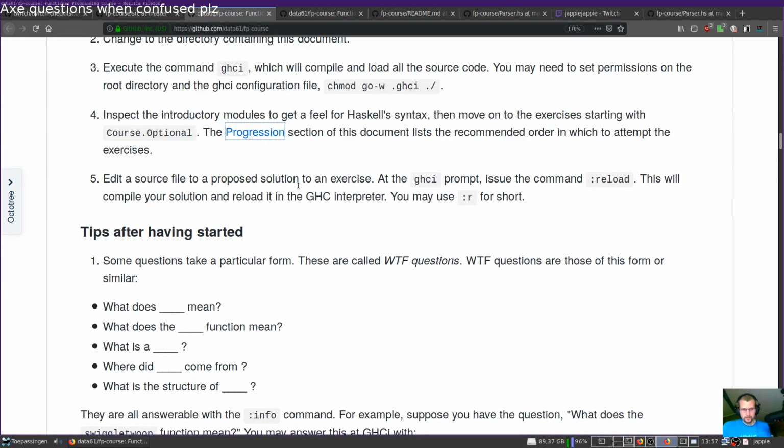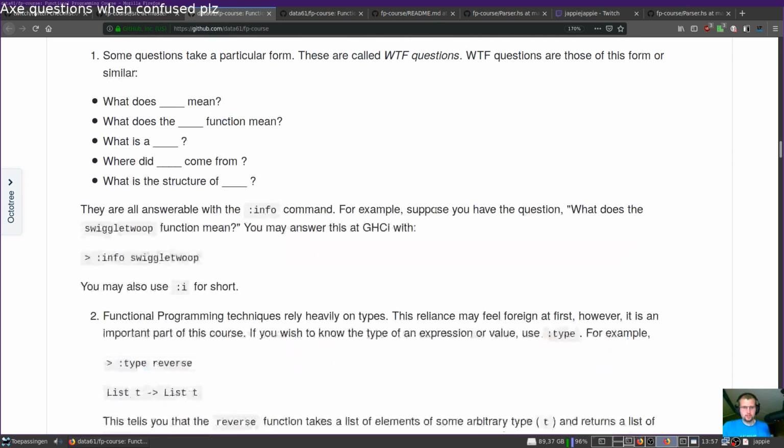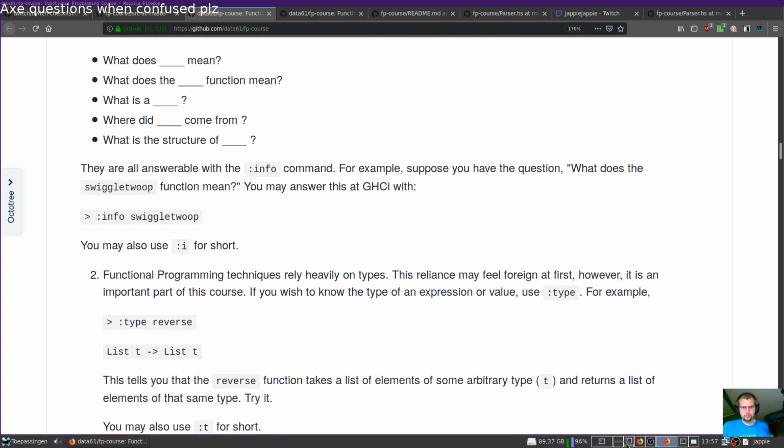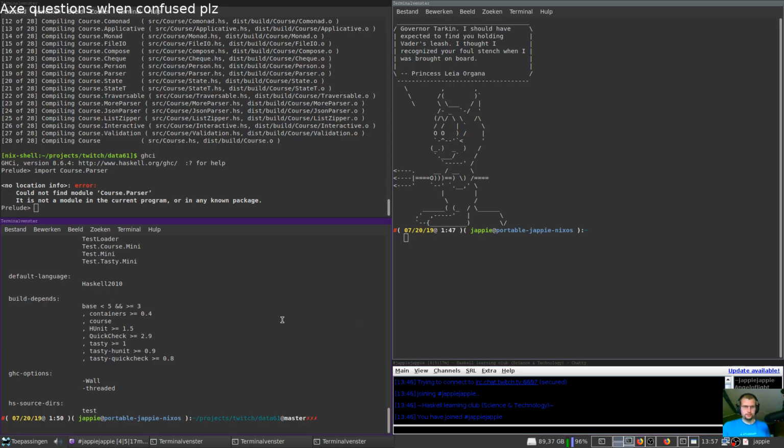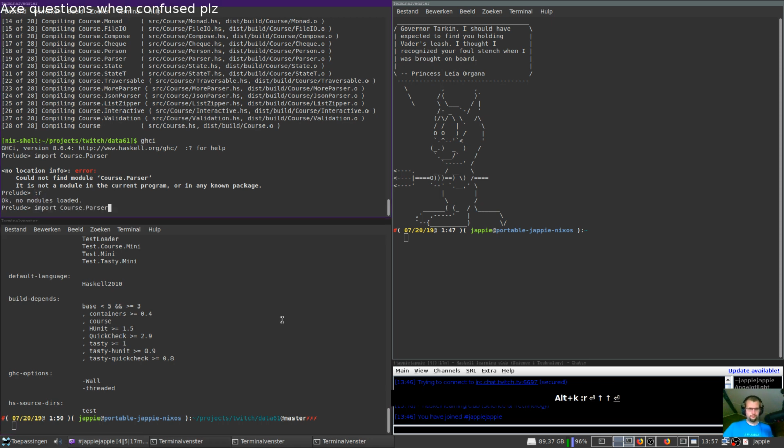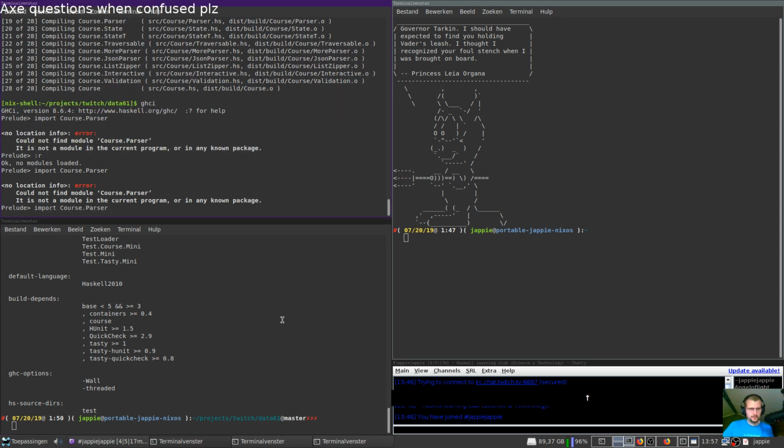Edit the source file, exit at the GHCi prompt, issue the command reload. This will compile your solution. Yeah, but like I can't find the module. Spell it then. Can you find Course?